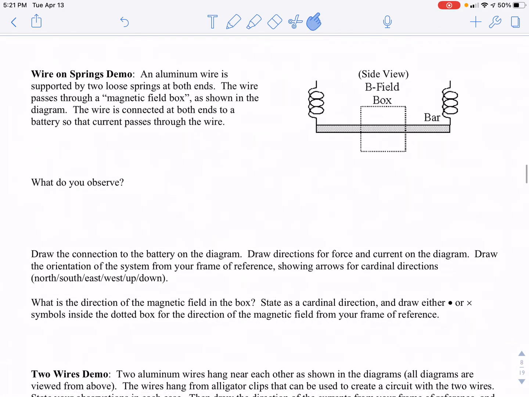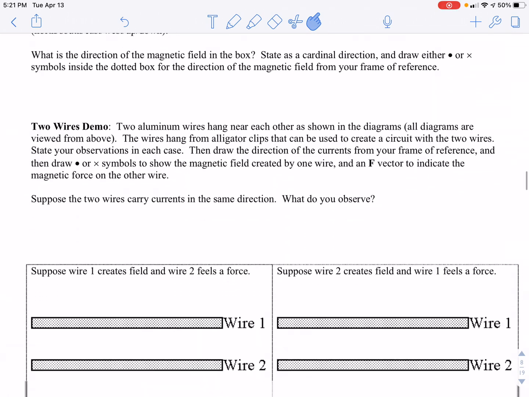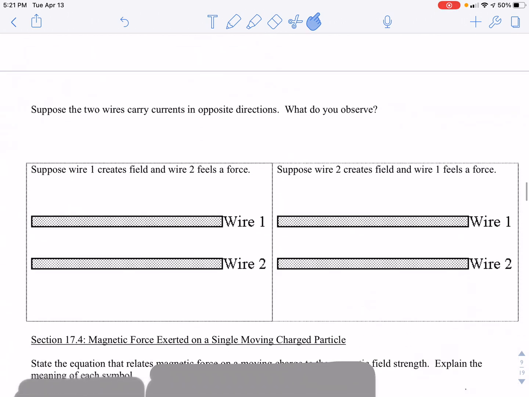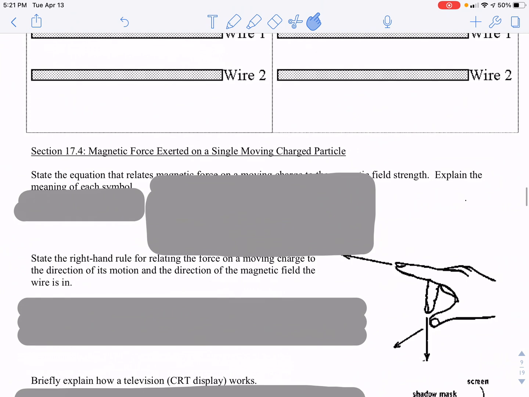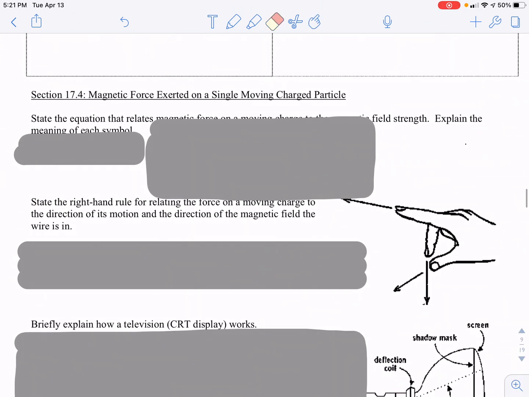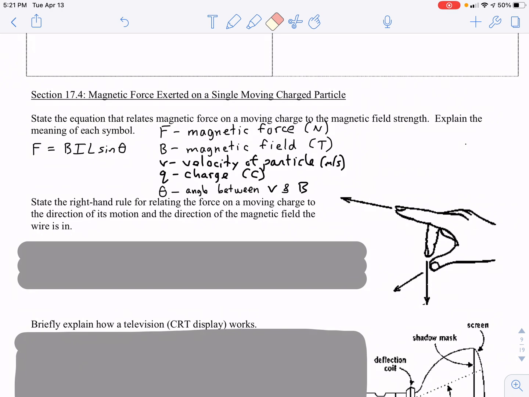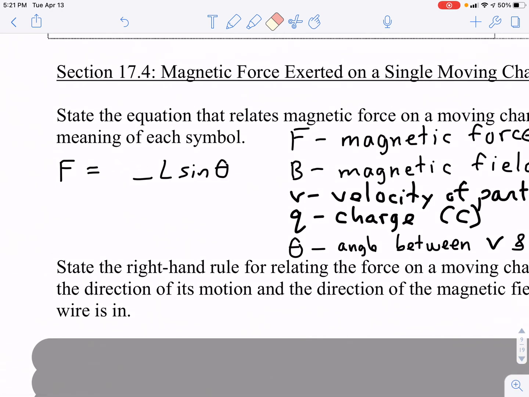Okay, we're going to be skipping the wire on springs demo. So make your way over to page 9, section 17.4, magnetic force exerted on a moving charged particle. The equation that results is F equals BIL. This is the equation for a current-carrying wire. Now, sorry, this would be